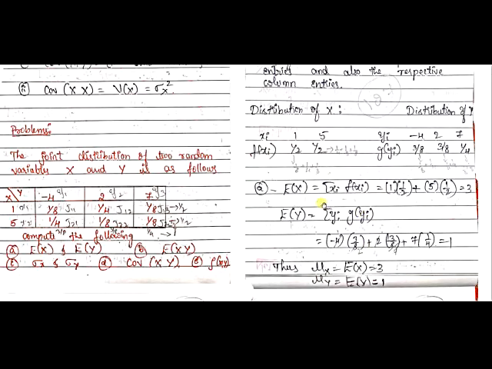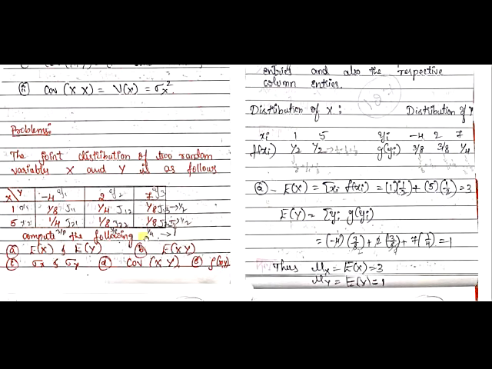Okay, what is the formula for mean x? Mean x is equal to summation xi f of xi. For xi, f of xi, xi is this one and f of xi is this one, and that is 1 into 1 by 2 plus 5 into 1 by 2. These basic steps you can understand, right? So it will give you 3.